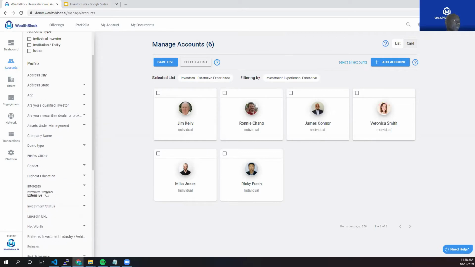as investors answer this question, maybe this is a question that you present to your investors right when they sign up, hey, what's your investment experience? They'll automatically be put in this list. If an investor changes this answer, they'll be taken out of the list. So this really increases your efficiency of managing the platform because you don't need to manage who's in and out